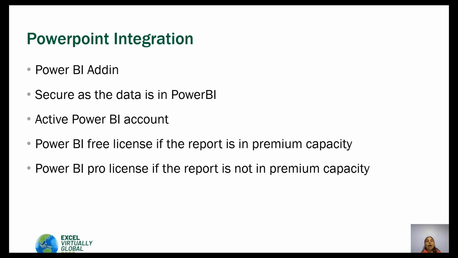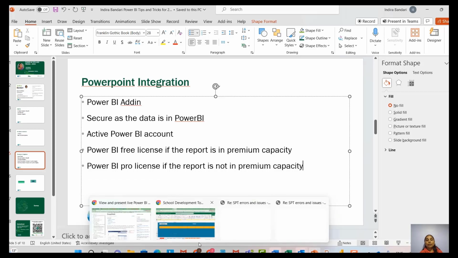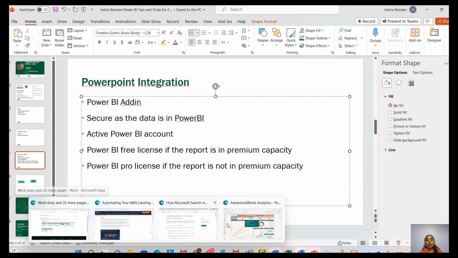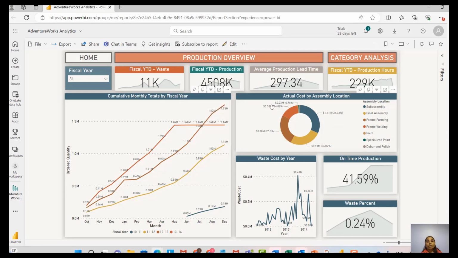So those are the initial requirements. Now let's go and see how we can integrate Power BI into PowerPoint. I'm just going to come off the slideshow and get off to the PowerPoint. And for anyone to share a Power BI report in PowerPoint, you need to publish that report. So what I have done is I have published a report, the AdventureWorks report, into Power BI, and now I'm going to open Power BI. So this is my report. So you can share